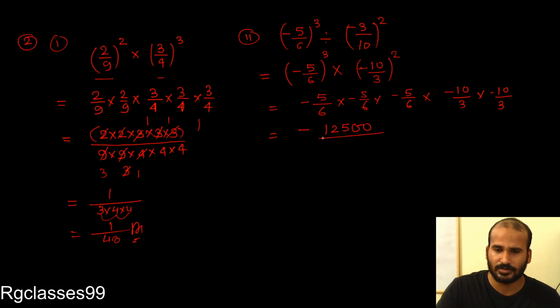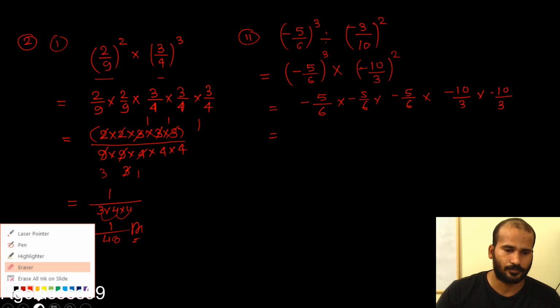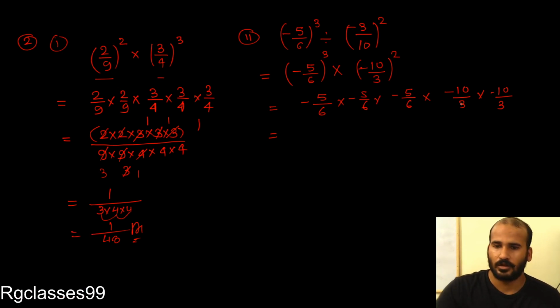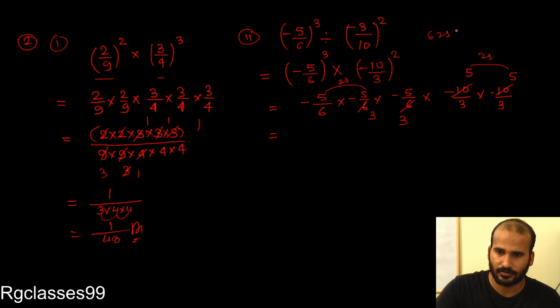Okay, this is also divisible, but okay, just divide it. Just wait a minute. Look at, students, 2 5s are 10 and 2 3s are 6. Now it's good. Now 5 5s are 25, this is 25. 5 5s are 25, this is 25. 25 5s are 625 into 5.